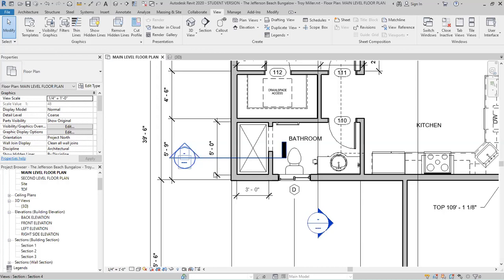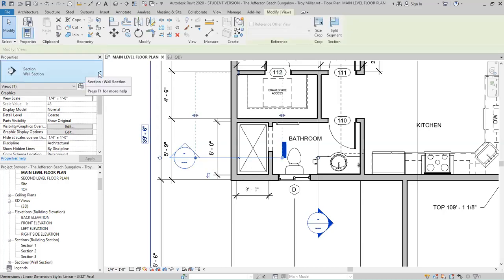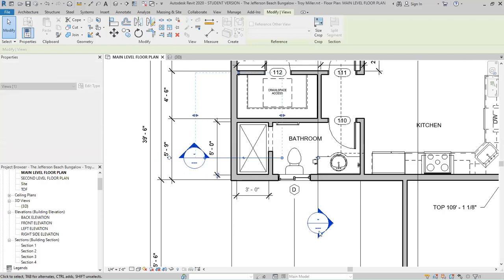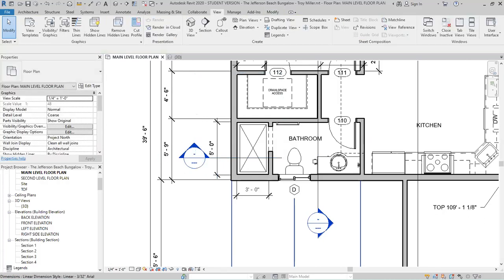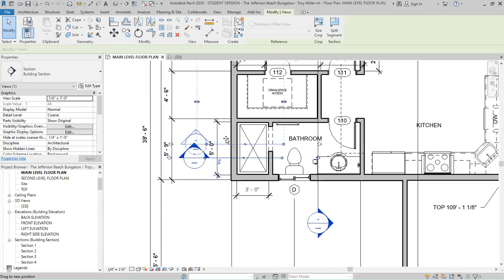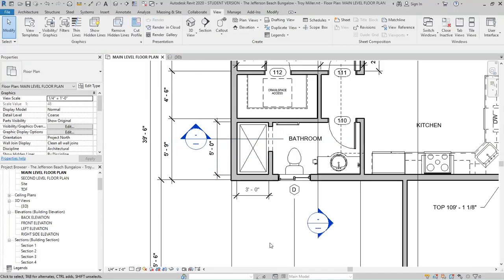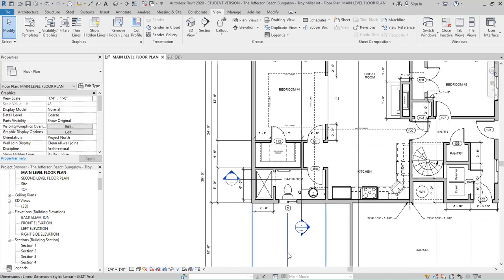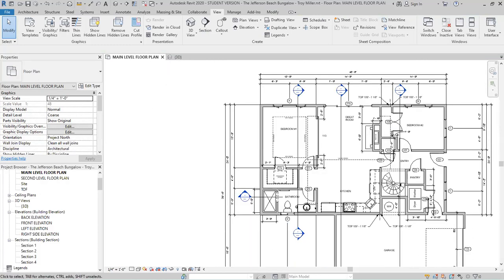I'm going to go ahead and select what I've put in here, and I'm going to change that back to building section so I can substitute it. And then what I've done over here where the tail is, I've just clicked once to get rid of that, and then I've just simply moved that somewhat into the orientation where that needs to be. It looks like maybe I had this up around that direction at that point. Okay, so we've got two more things to do in this video, and that is going to be to place